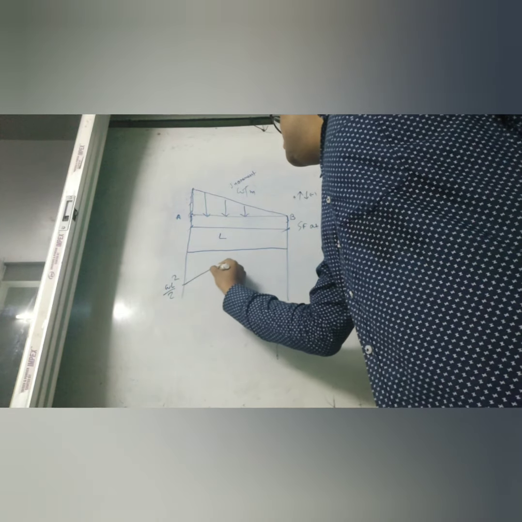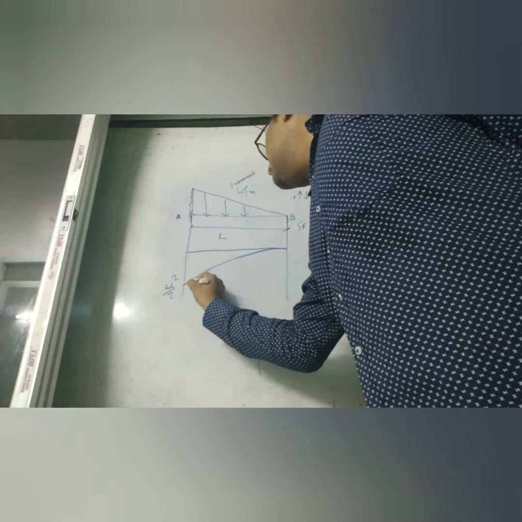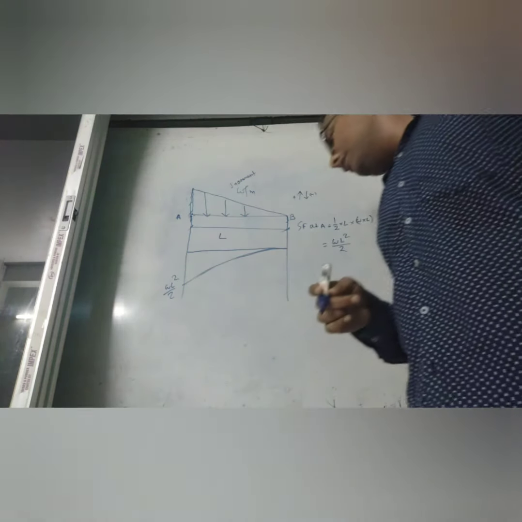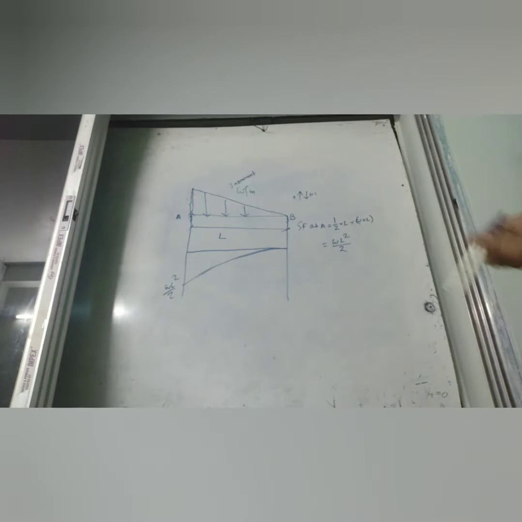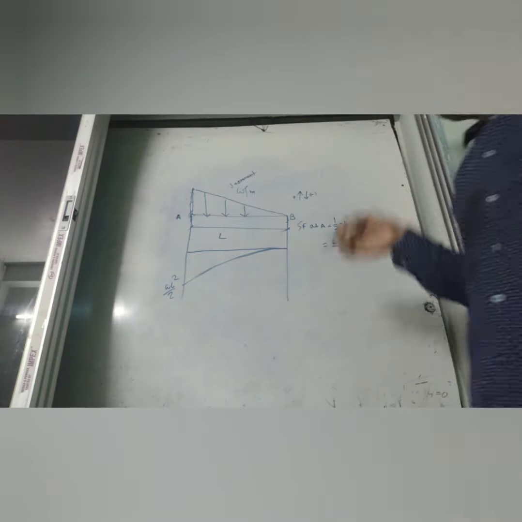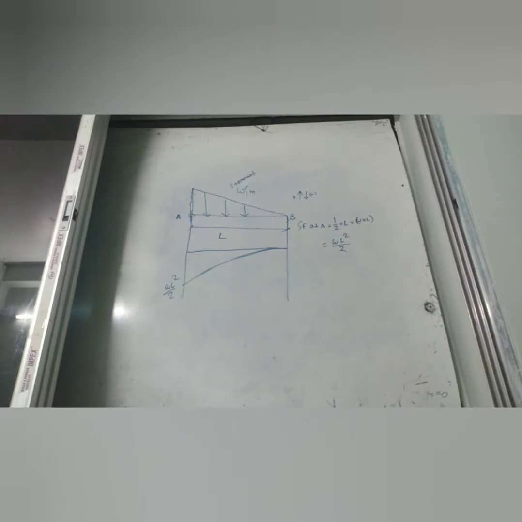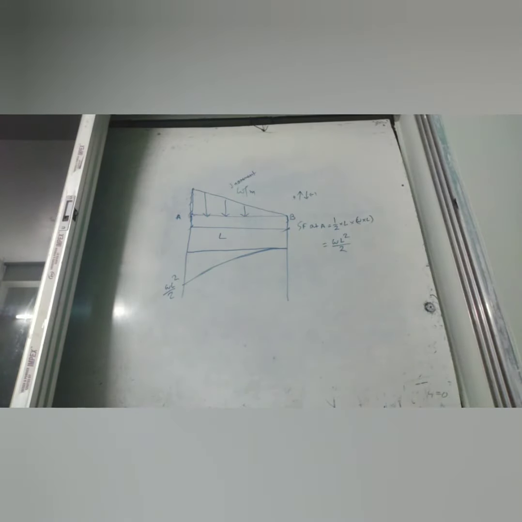So the maximum shear force, this is shear force diagram. Okay, WL square by 2, if we take the negative sign convention. If you take the positive, then go for the upward. Both are the same sign convention; depending on the person, whichever is easier for them, they will take that, nothing else.